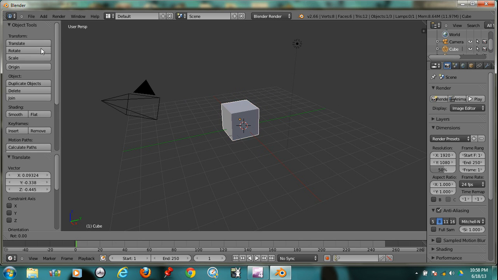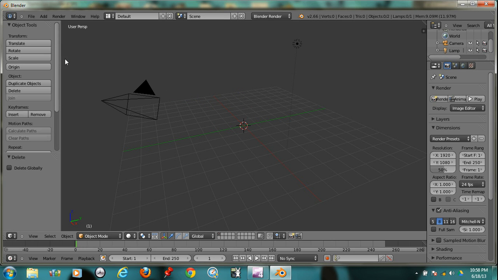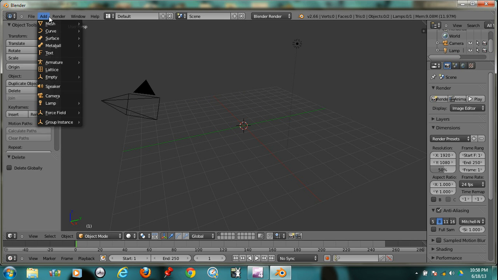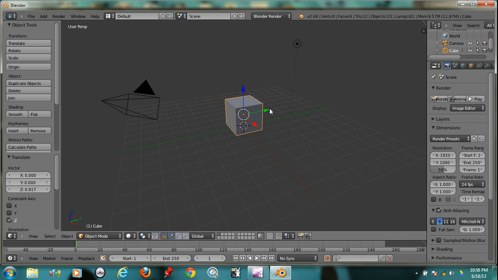Let's say we want to rotate this. You can just click it, rotate, or you can hit, let's say the X key. Well, that's not what I meant to do. Let's say we bring our cube back. You can grab these to move